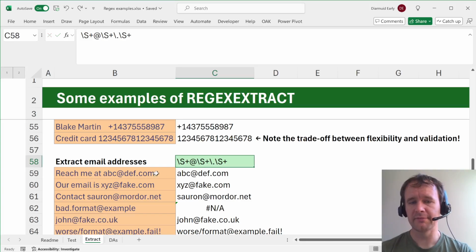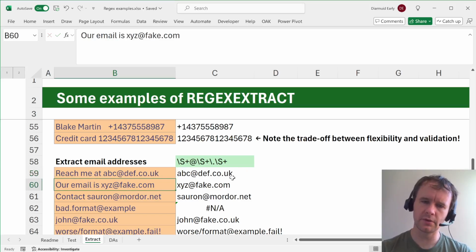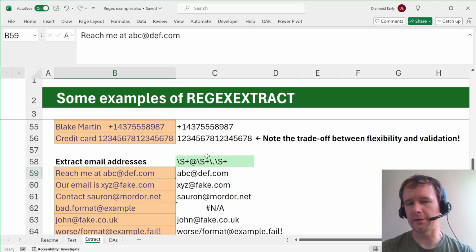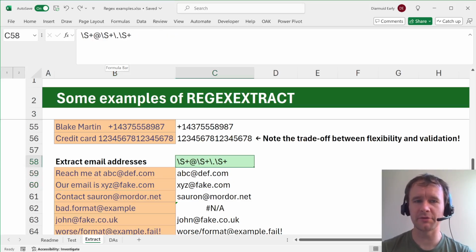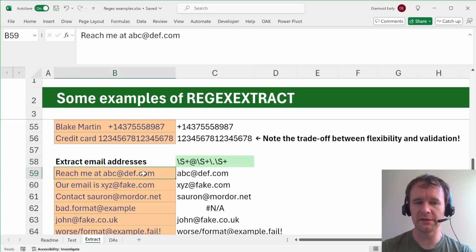And again, there are subtleties here, like there is a .co.uk domain, which, oh, interesting. Yeah, sorry. So I was thinking it would fail to match that, but of course, because I'm using a very broad group here, which is anything other than a space, it's actually happy to match much longer and weird looking patterns. So again, trade-off between flexibility and validation.